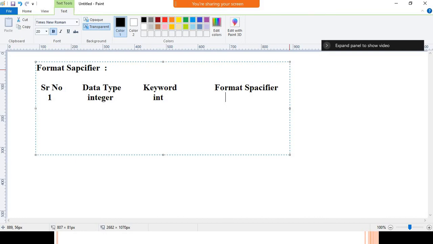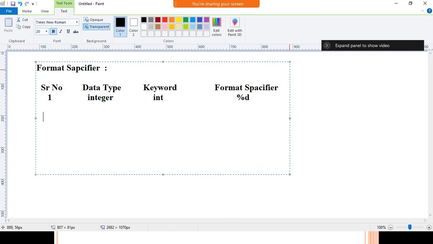Okay, if you want to store or print, about store we will study in detail when we learn scanf. But right now, if you want to store and print the values, we require to use a format specifier. To represent the natural numbers, decimal number, here we need to use %d. Make a note of that.